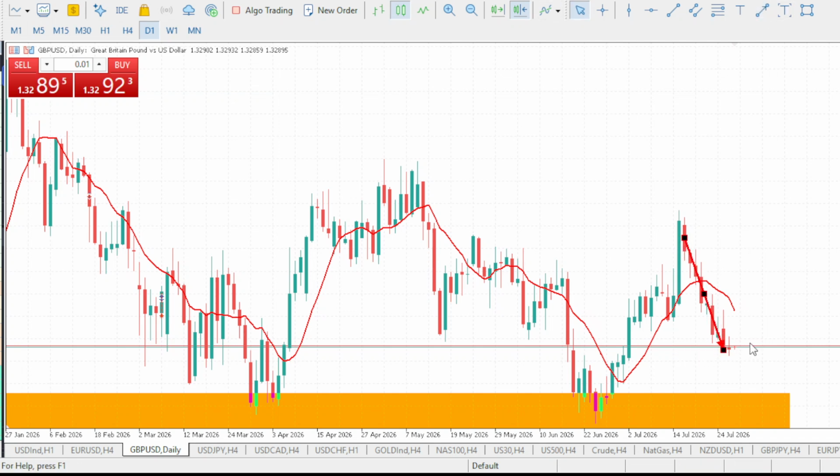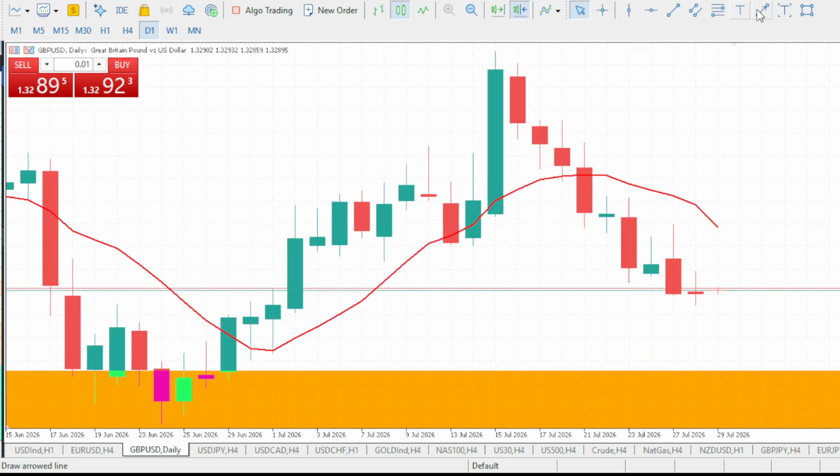With this movement on GBPUSD, it is very clear that GBPUSD is on a downtrend move. We are on a bearish market move. As you can see, the market is giving us a series of lows and lower highs. This is our low and this is the lower high. This is another low the market gave us. Here comes the lower high. The market was able to drop again to form a new low. This is a pullback, which is the lower high. So the market is giving us a pullback, which is the lower high.